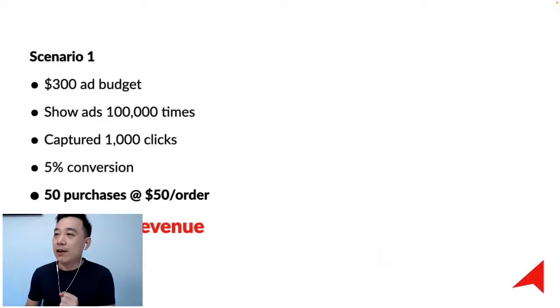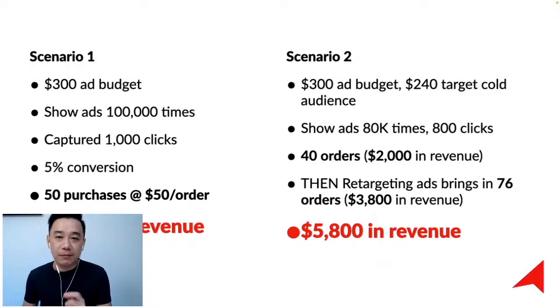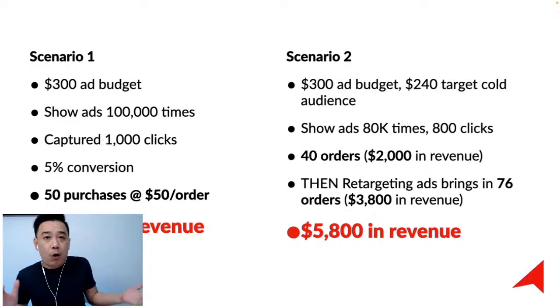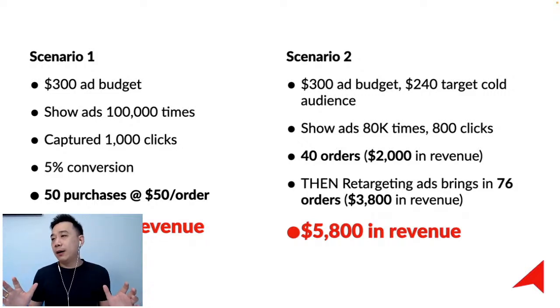So, two choices over here. Scenario one is you spend $300 and get $2,500 in revenue. Scenario two is you spend $300, the same, but you break it into $240 in tier one, $60 in tier two, and you make potentially more than double from the campaign. Which one do you want? So that's the whole thing about the two-step funnel, and I think it's really important for you to start understanding the strategy that I'm talking about here. You want to come in with the right framework that will get you the most out of your ads budget.